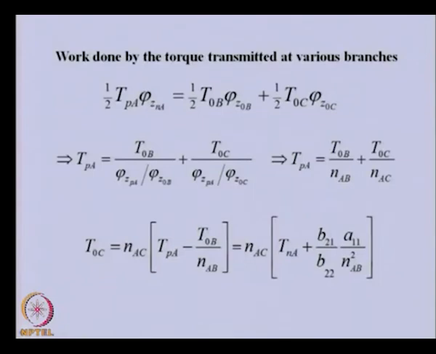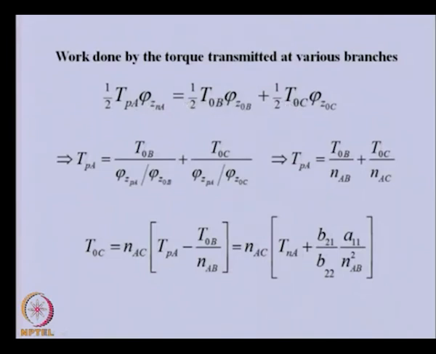This is the last condition we need to satisfy at the junction point. So the work done at branch A should be equal to the work done at branches B and C, and we can solve this